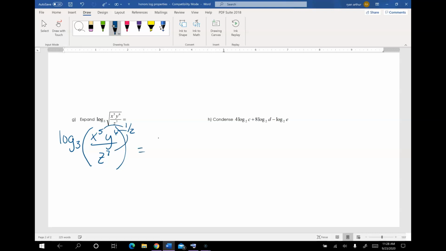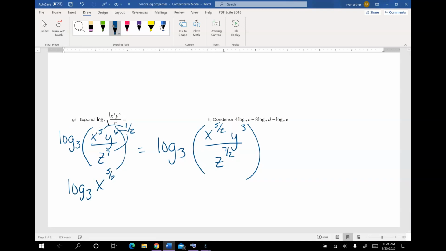And I'm going to have log base 3 of x to the 5/2, because that's going to be a decimal. We don't want a decimal. Y to the 3rd, and then z to the 7/2. Okay? All I did was cut everybody in half because that was the exponent. Now, I have 3 components, so I'm going to have 3 logs. And I'm going to say log base 3 of x to the 5/2, log base 3 of y cubed, and log base 3 of z